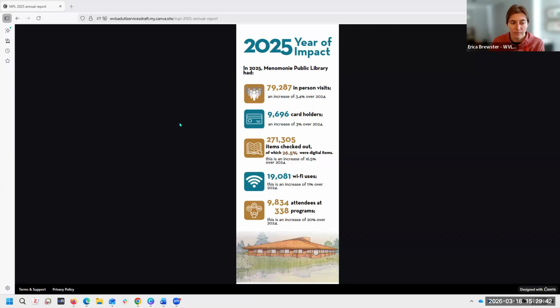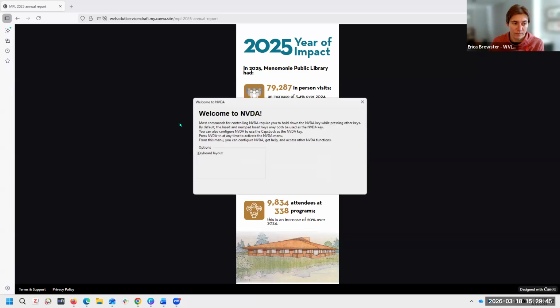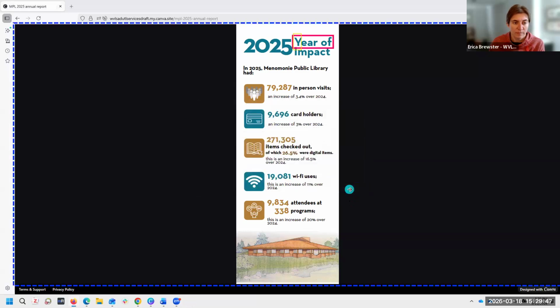Loading NVDA. Please wait. Welcome to NVDA. Welcome. MPL 2025 Annual Report, Mozilla Firefox. MPL 2025 Annual Report document. Main landmark. Clickable main landmark. Main landmark. Clickable, Year of impact, heading level 1. 2025, heading level 1. In 2025, Menominee Public Library had